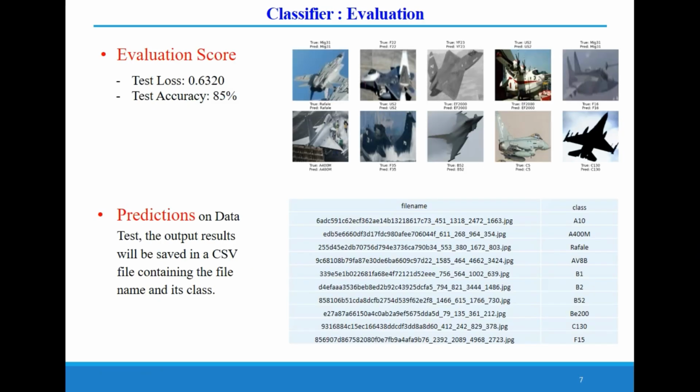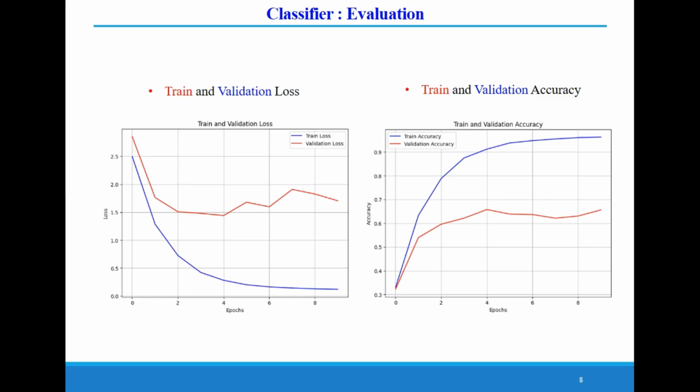After that, we got the evaluation score. We got the test loss 0.63 and test accuracy is 85%. After that, for the prediction on data test, the output result will be saved in a CSV file containing the file name and its class. In this part, this is the graph of the loss and accuracy function curve in the training